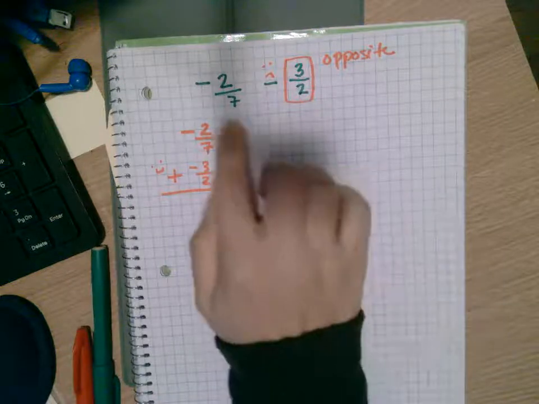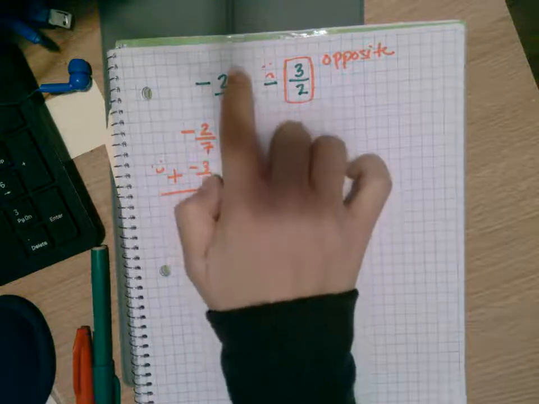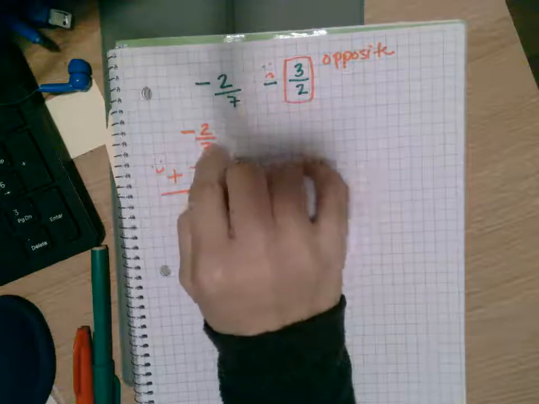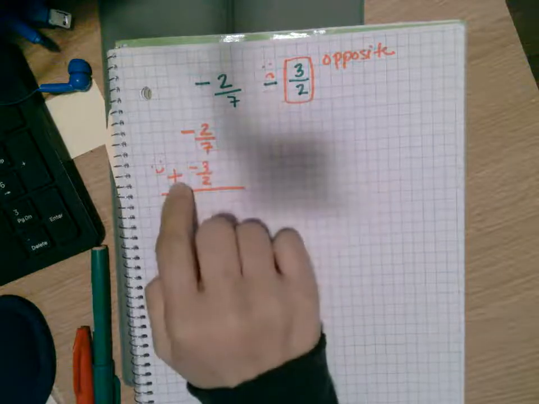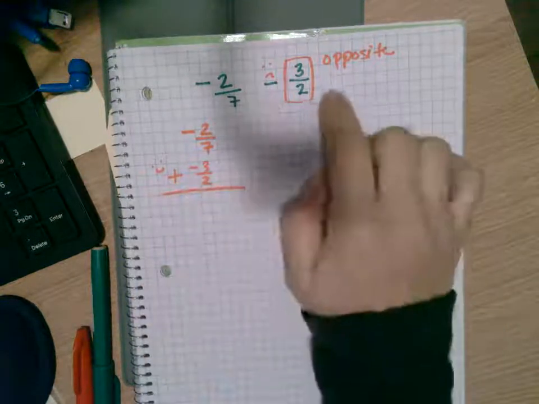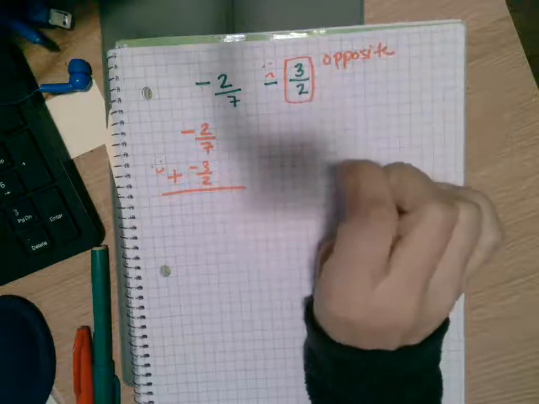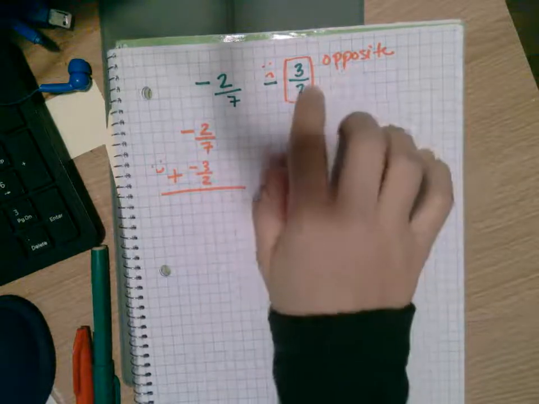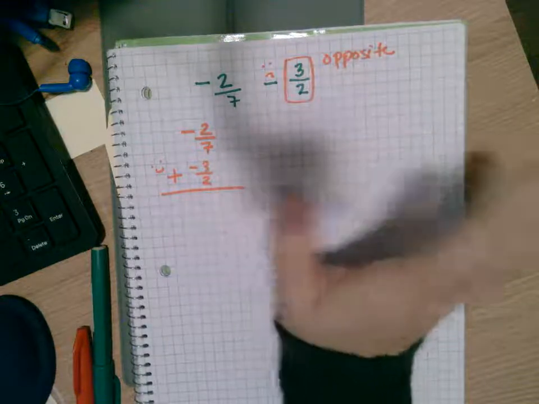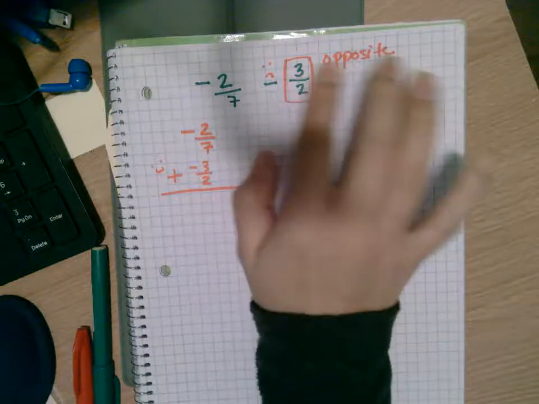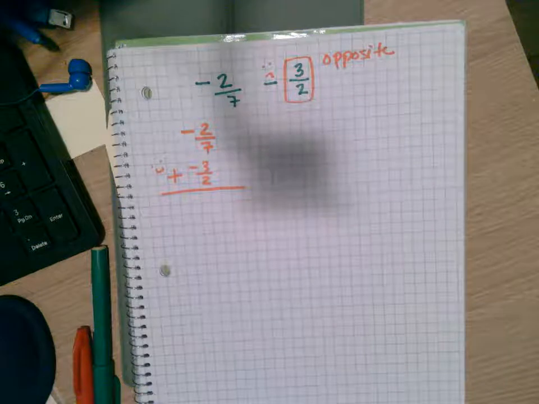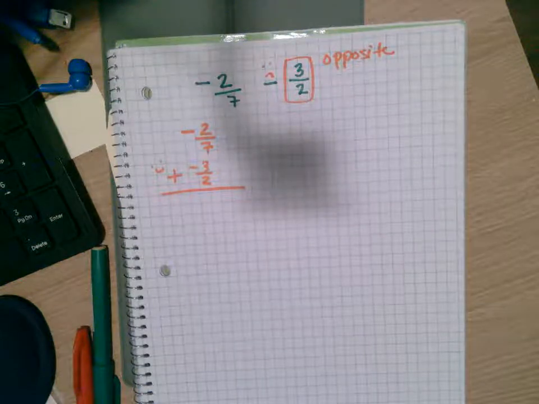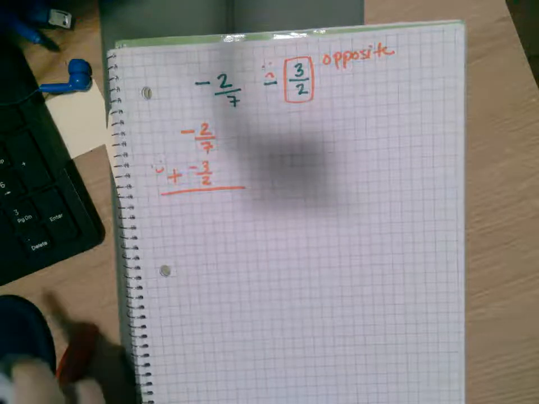So I look at my original problem and I go, okay, this one stays exactly the same. So I put it down. Subtraction sign turns into an addition sign. And then the second fraction, which is an improper fraction, you change it to its opposite. Don't change this to a mixed number. Only do that with your answers. But if it's like this, you just leave it alone. All right. Common denominator would be